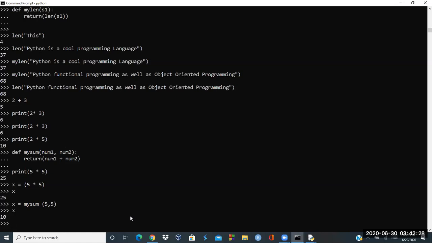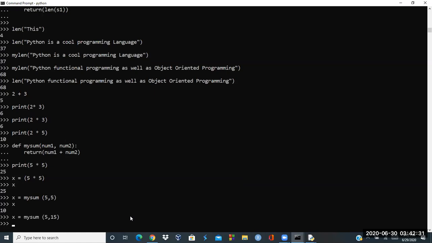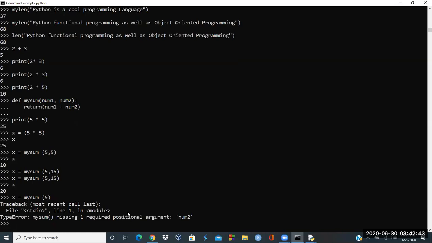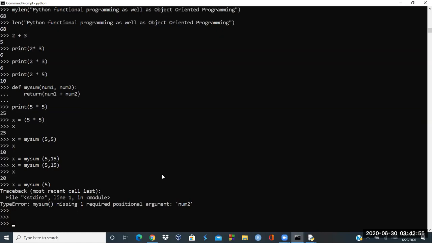And then if I change that one to 15 and print x, it is equal to 20. So the answer is accurate. But what if I only define one value? Then it says my sum requires two arguments, and you missed num2. So the way I would define that function, if I say def my sum, you could say num1 comma num2